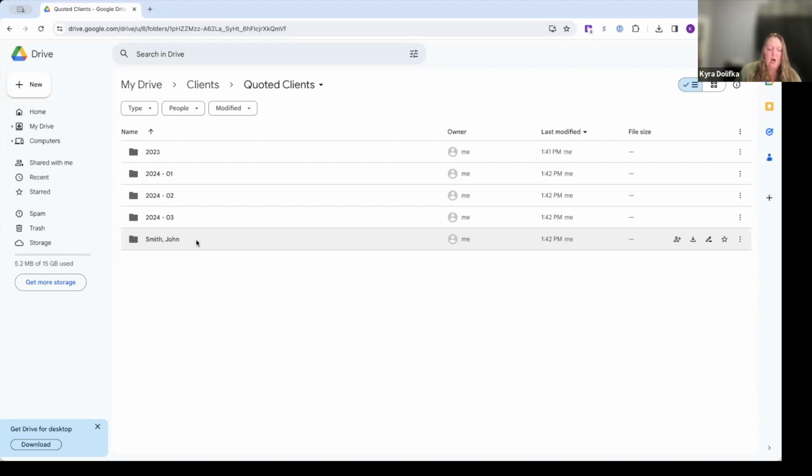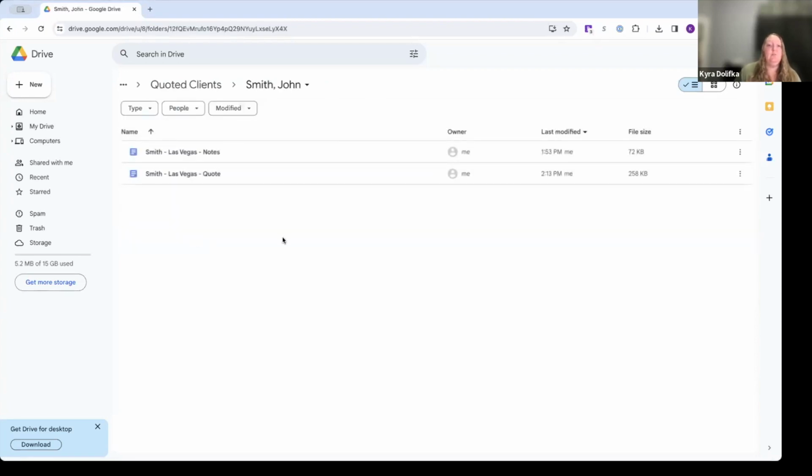So I'm going to go into John Smith's folder. So here I have John Smith, I have a notes file and I have a quote file. I recommend you have a notes file for every single one of your clients. You can see these are Google Docs. I can tell by the blue document icon. But in my notes file here, I have things like, when did I call the client? What did they say when we were on the phone? I may copy and paste their form entries. So if I sent them a qualification form and they filled it out, I might copy paste what they put into my notes